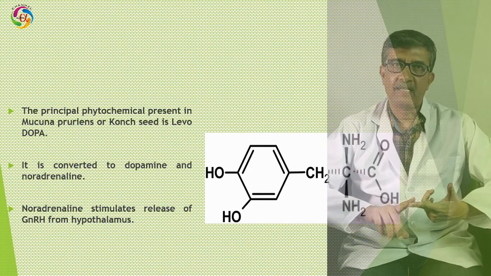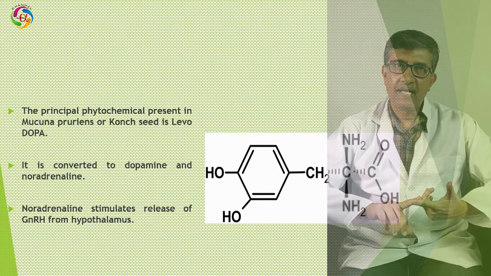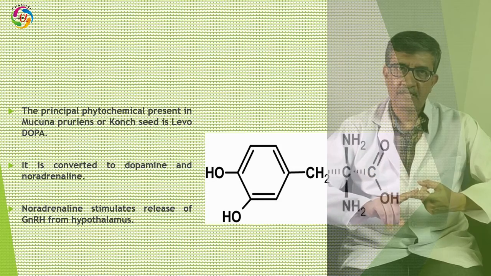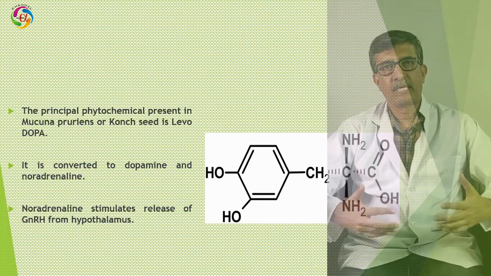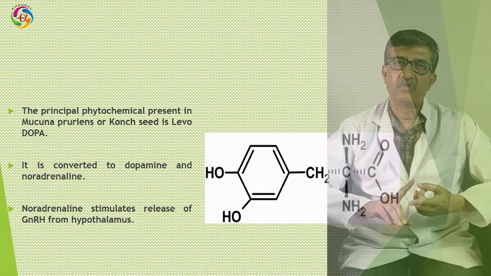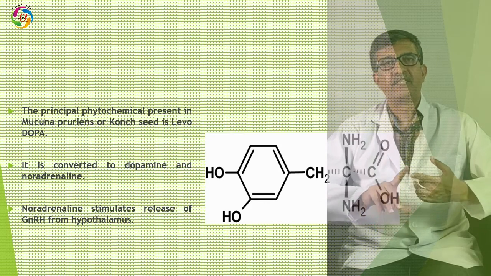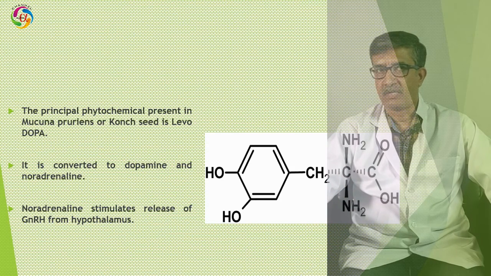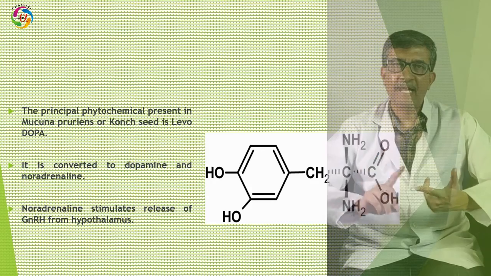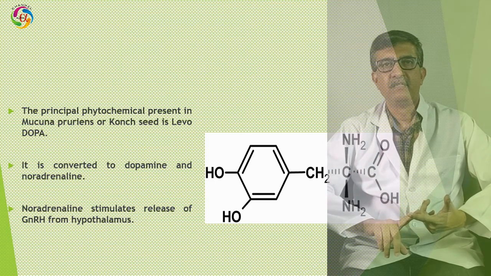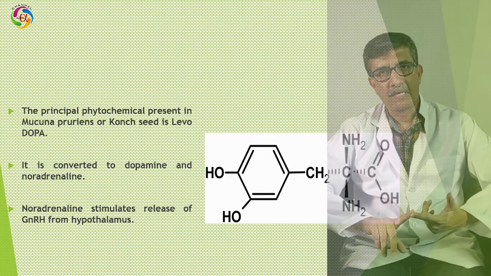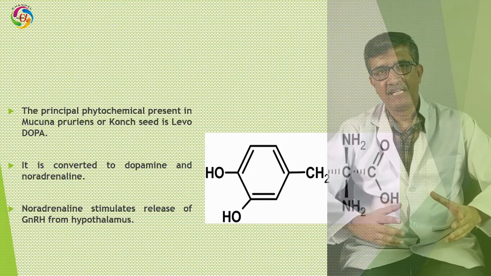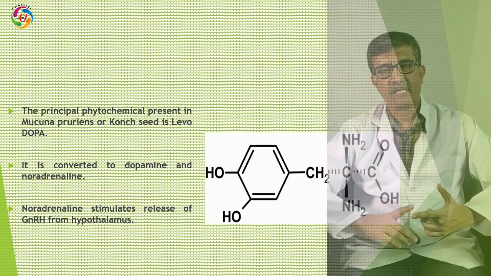As we have already mentioned, noradrenaline and dopamine stimulate the hypothalamus for secretion of more and more GnRH, and this GnRH ultimately stimulates the secretion and release of LH from the anterior pituitary gland. So, the main active principle present in mucuna is levodopa, and through levodopa, Fertimax improves LH secretion from the anterior pituitary